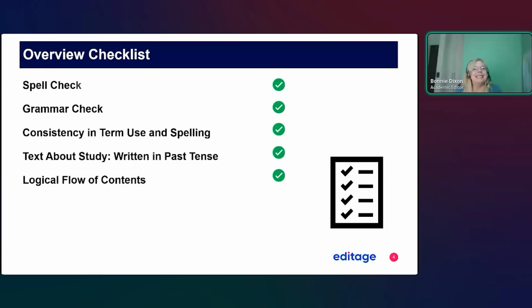Third one here, consistency in term use and spelling. That's very important. Sometimes the acronyms that are used, if you use CI for confidence interval or MRI, things like that, magnetic